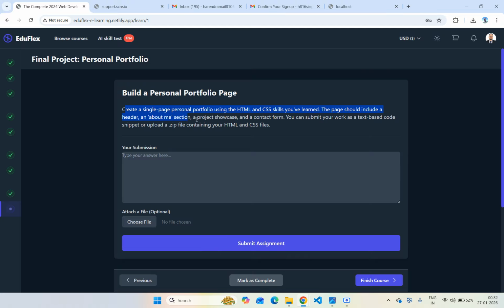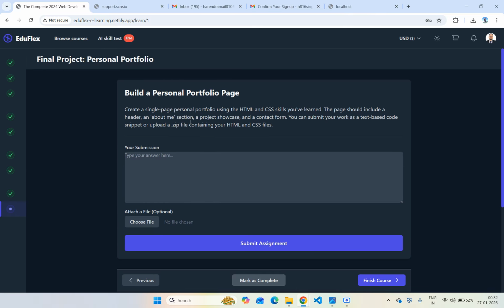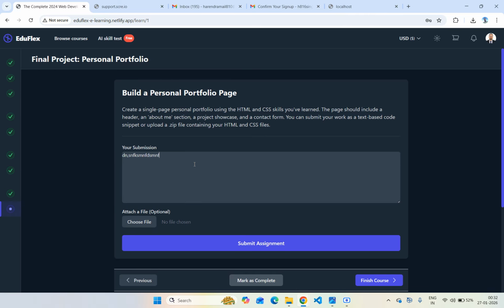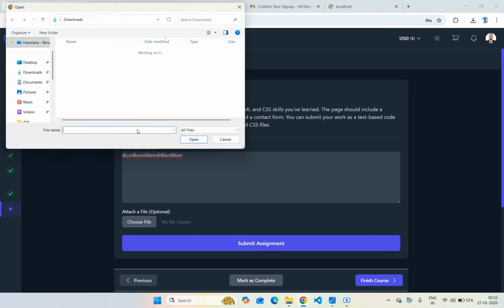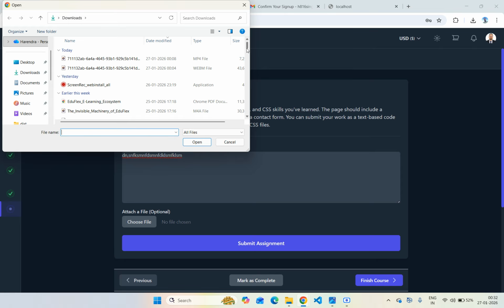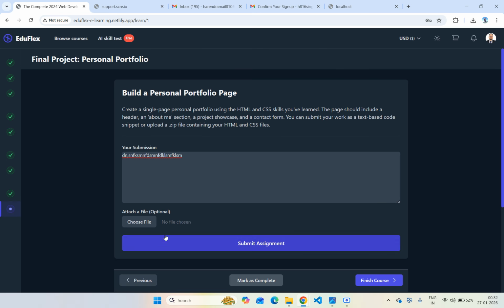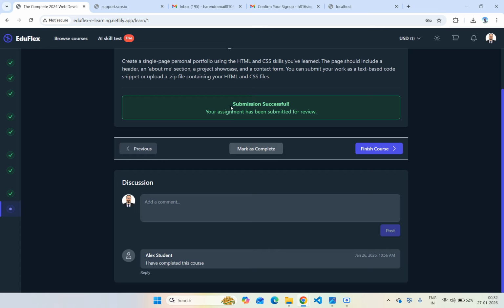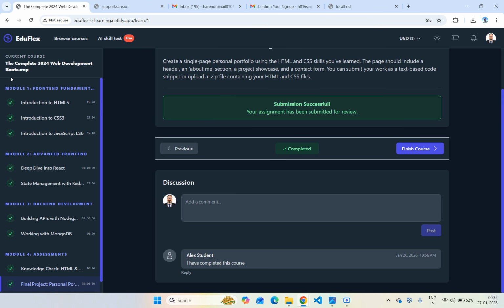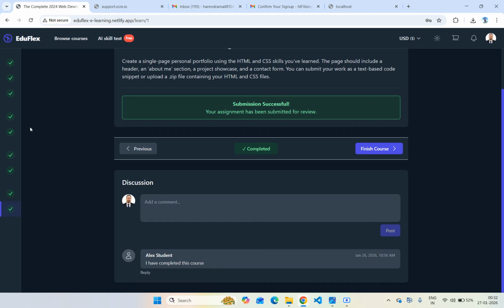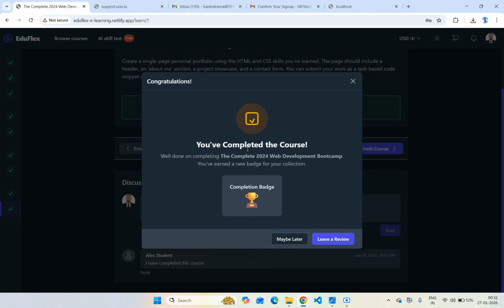Now this is an assignment type of lesson. Here's something, some submission. You can choose some file, anything, and he can submit the assignment. You can see he's able to submit the assignment. He can mark it as complete. Now you see all the modules and the lessons are already completed. So he can finish the course